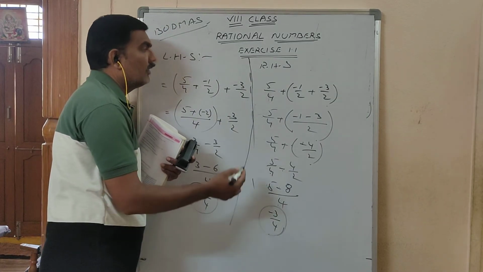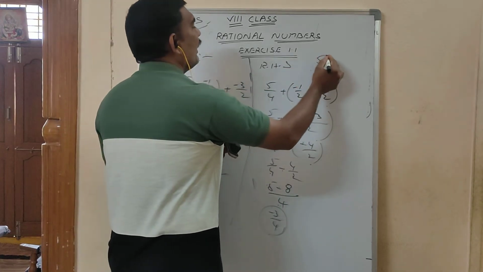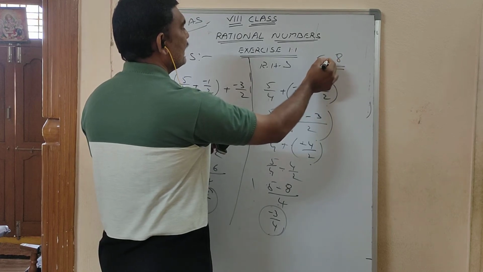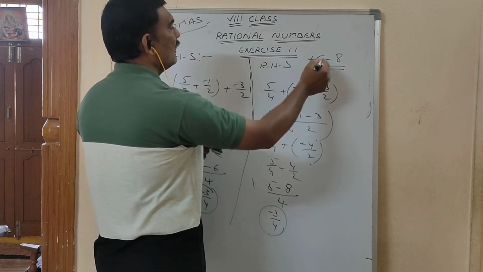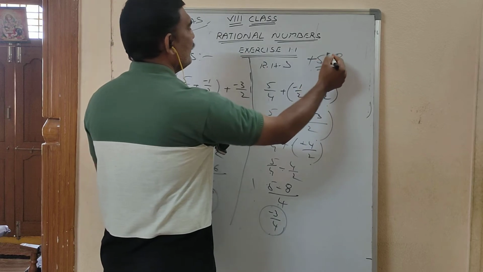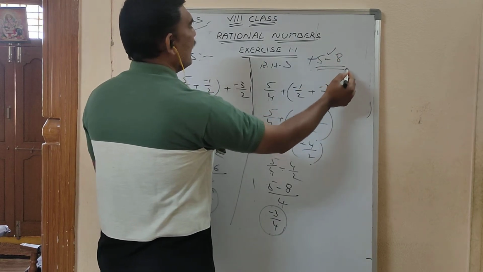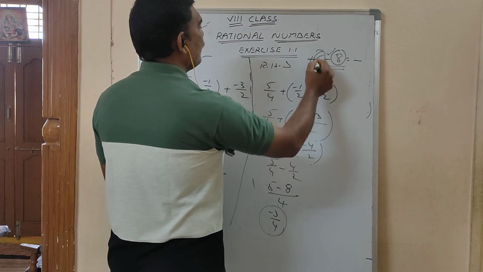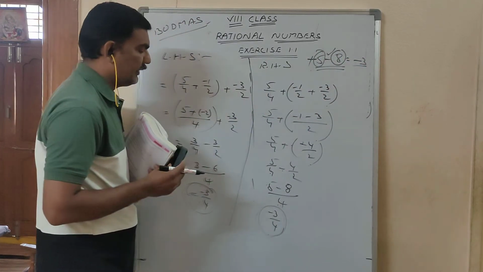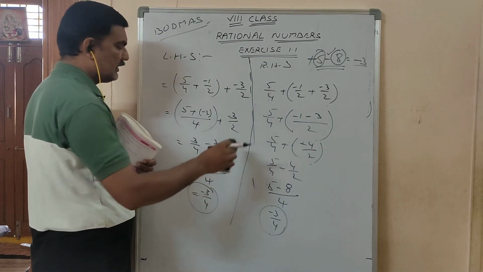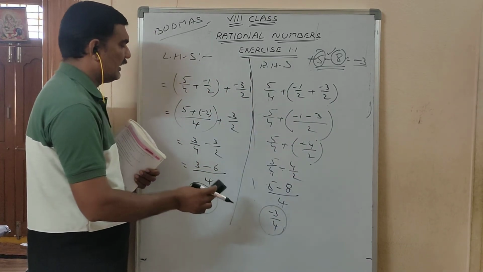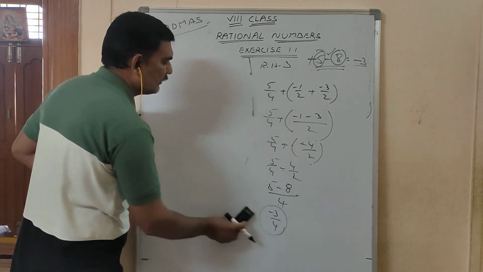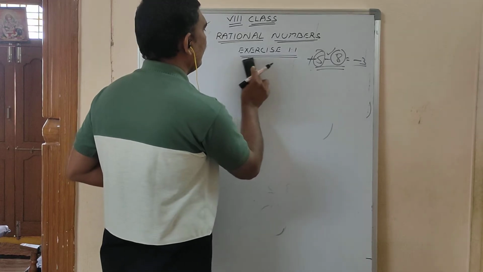5 minus 8: from 5 you should subtract 8. Okay, it is minus 3 by 4. So you have to learn 5 minus 8. How you have to do it: 8 is having a minus symbol, 5 is having a plus symbol. Which symbol has the greater value? Minus. So in the answer you will get minus, and from the bigger number you have to subtract the smaller number. 8 minus 5 is 3. Now LHS answer and RHS answer are the same. So LHS is equal to RHS, hence verified. You should write hence verified.